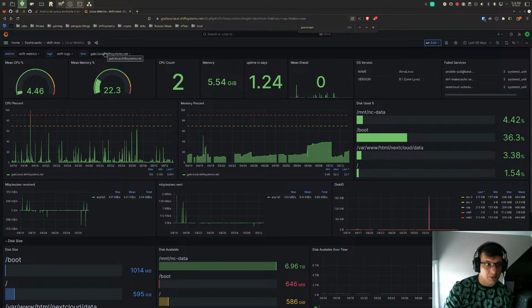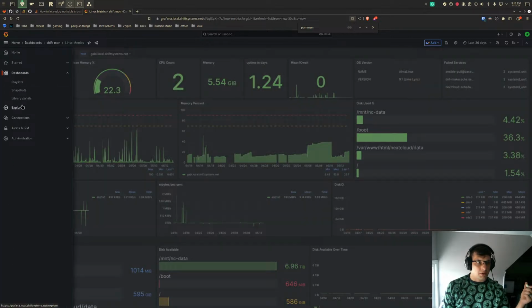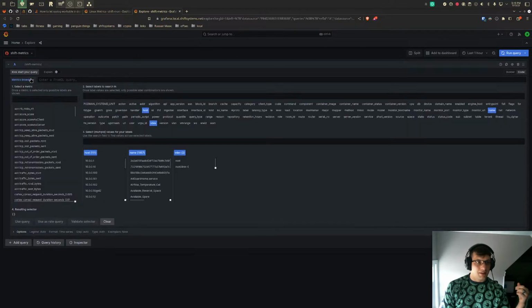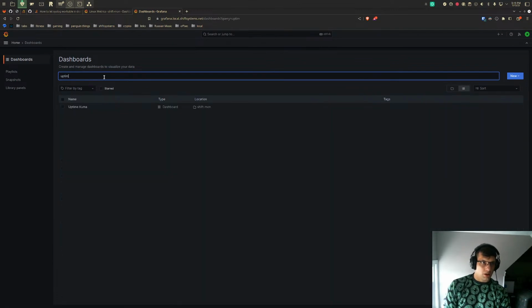So what I noticed going wrong with my Nextcloud server was that it was just running super slow, and I might actually be able to show this here. Let's see if the response time actually got better too. I don't know about the IOwait and the spoilers. But if we go to dashboards and go to Uptime Kuma